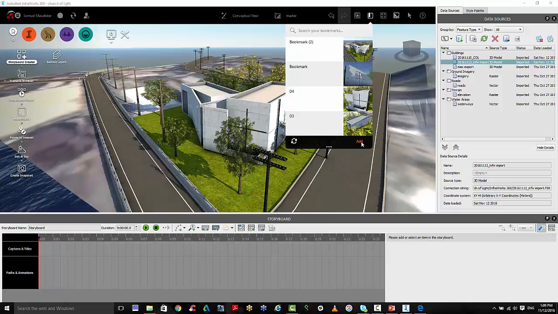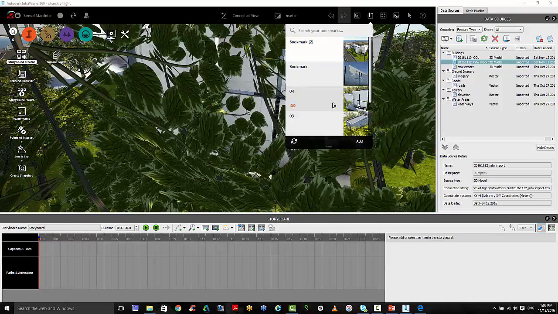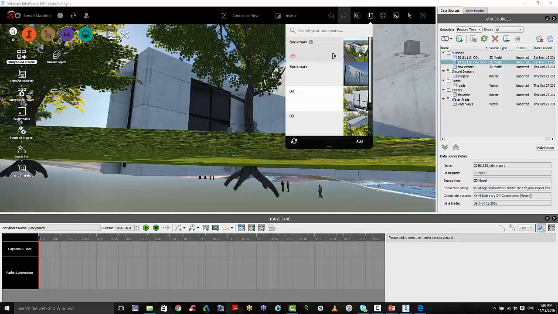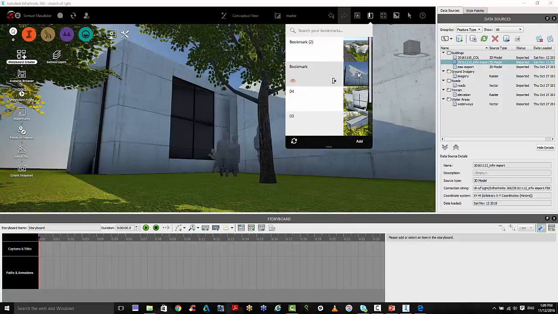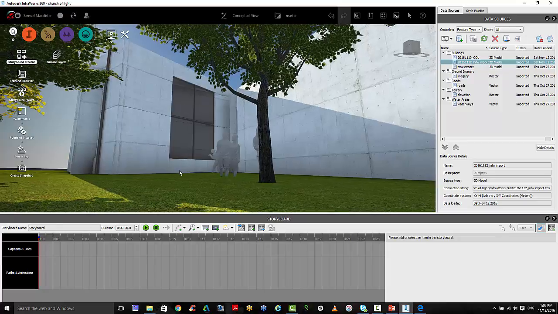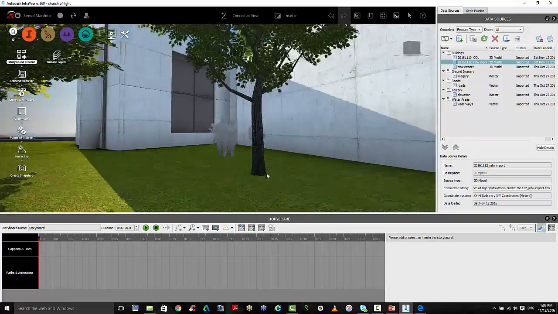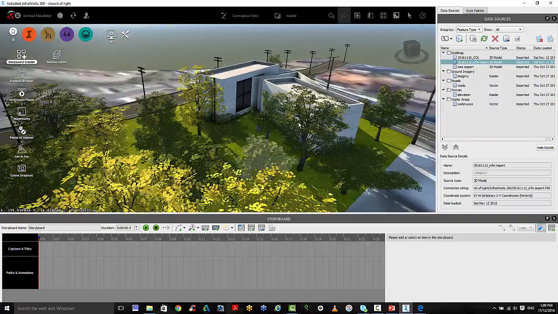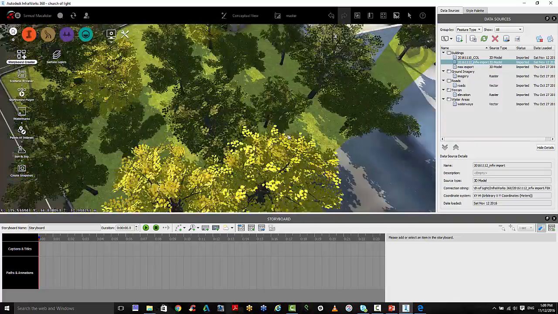So I can add bookmarks to my model and click on these, and this will spin round to the views that I've bookmarked. So you can instantly get animations between those by just clicking the bookmarks. What I want to do though is create an animation using the storyboard creator. So there's the basic one here, which I'll show you just to quickly get up and running, which is the